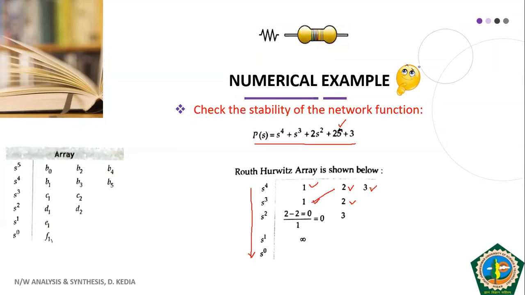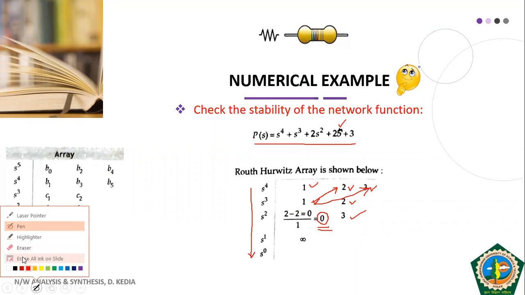Now we need to obtain this value. This value will be 1 cross 2, 2, minus 2, 0. So surprisingly, we get 0 in the first column of the Routh array. Then we proceed forward. 1 into 3, that is 3, minus 0 by 1. So we have got 3. Now, what is the problem that we face when we come across a 0 in the first column? The problem is when we calculate the next value in the next row, we will divide our result by 0. And whenever we divide something by 0, we get infinity.